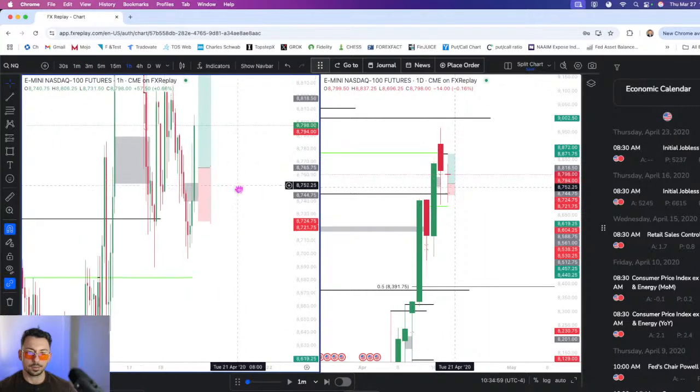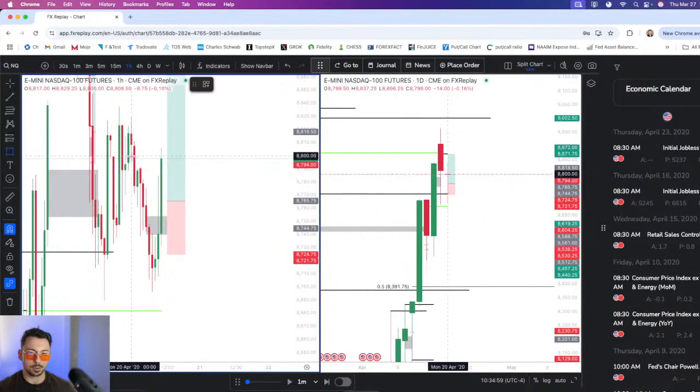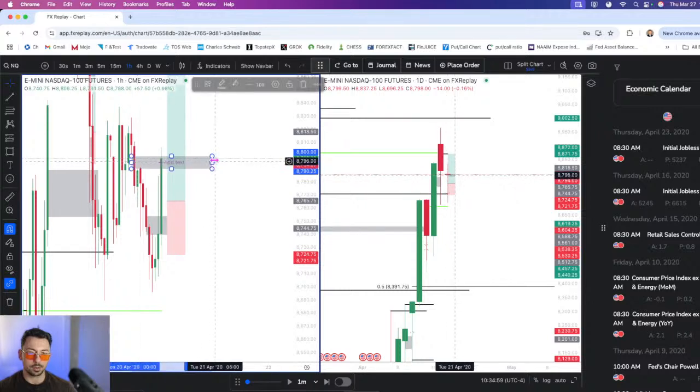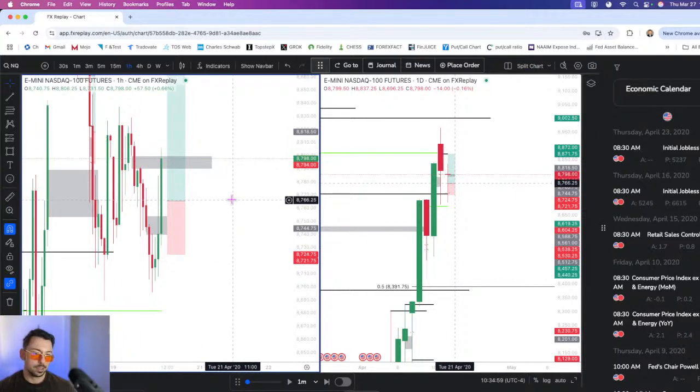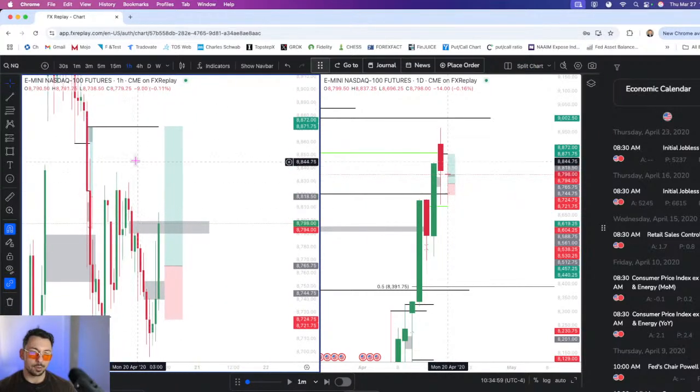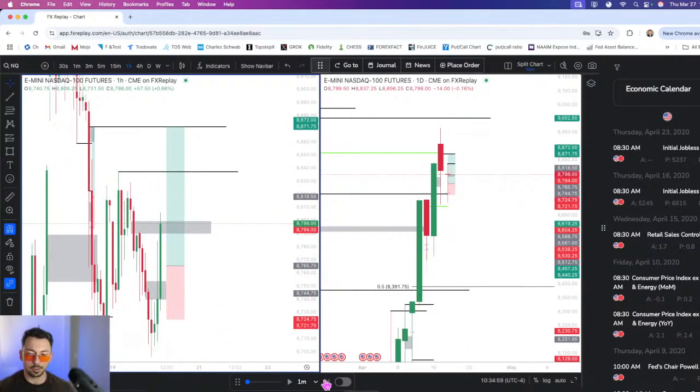Look at the hourly quick. So there is a bearish hourly fair value gap right here that we are testing right now. If we can close above this hourly, it's very likely to me that this internal high is going to hit, and then potentially the highs above. So let's pay attention to this hourly candle.